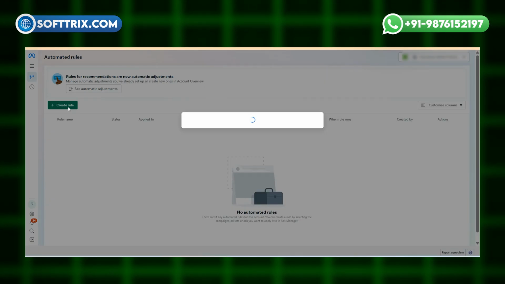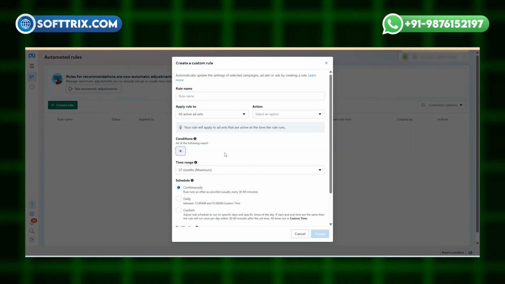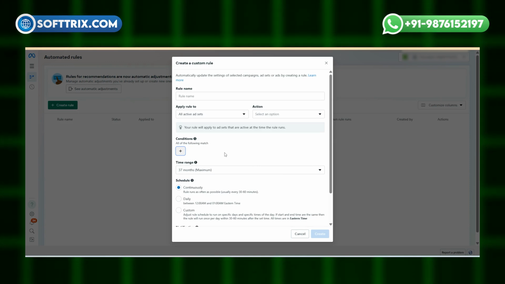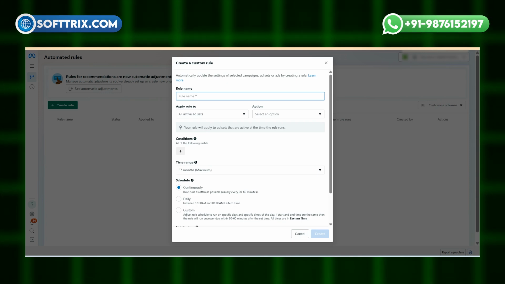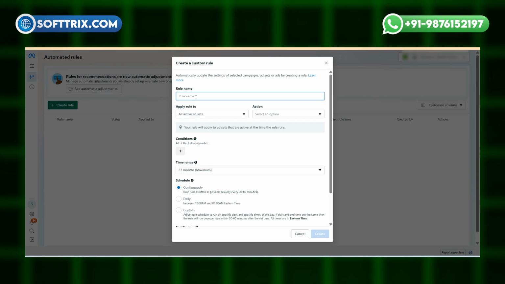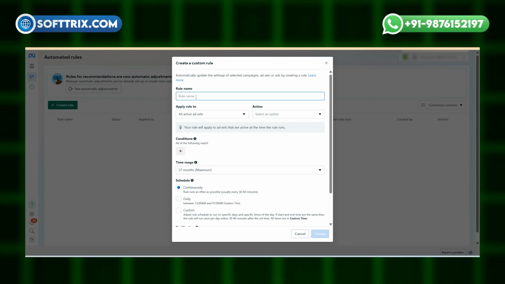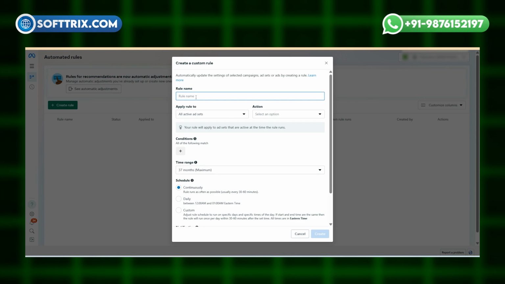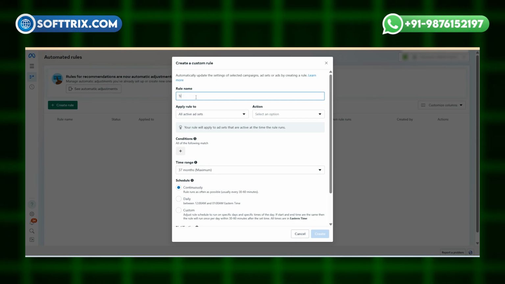Okay, so first of all, what you need to do is click on the create rule button, and once you click on that, it will give you the option to create a custom rule. So first of all, give your rule a name. I want to create a rule where if my budget spent goes above 500, my campaign will turn off automatically. So I need to create that rule. So I will name it turn off rule,